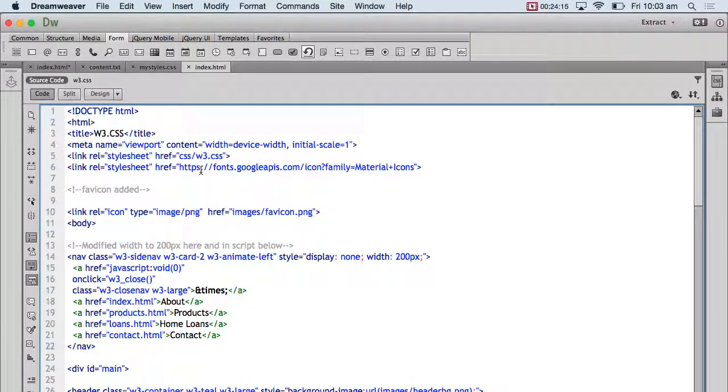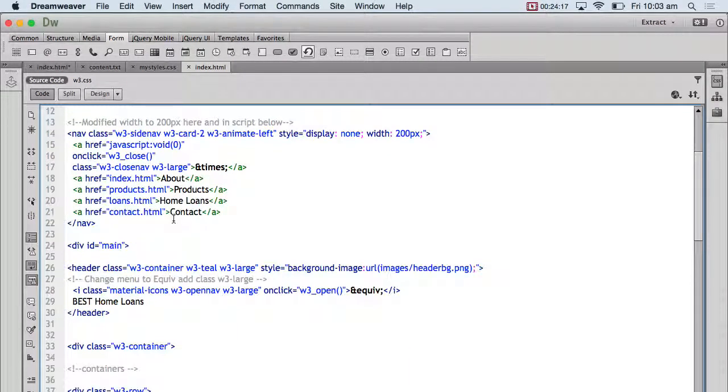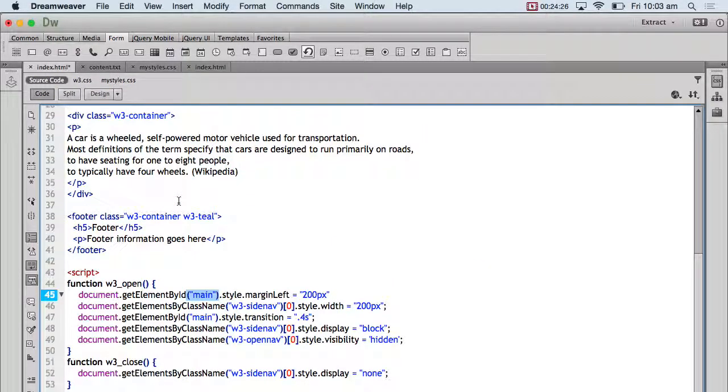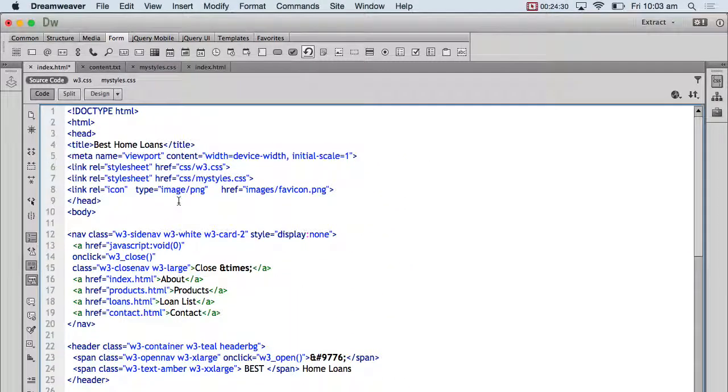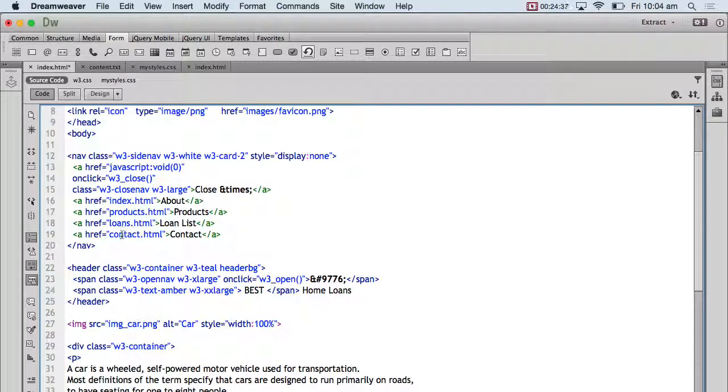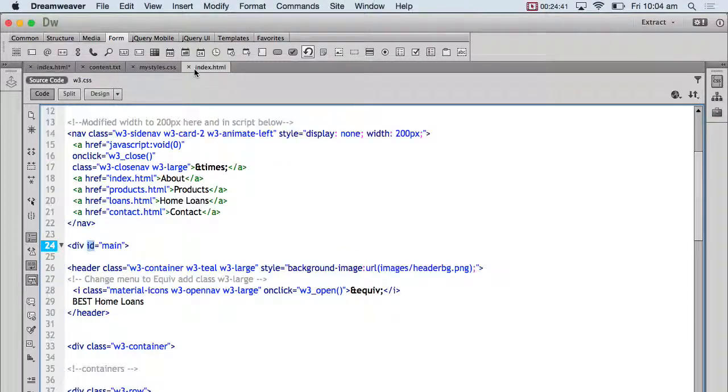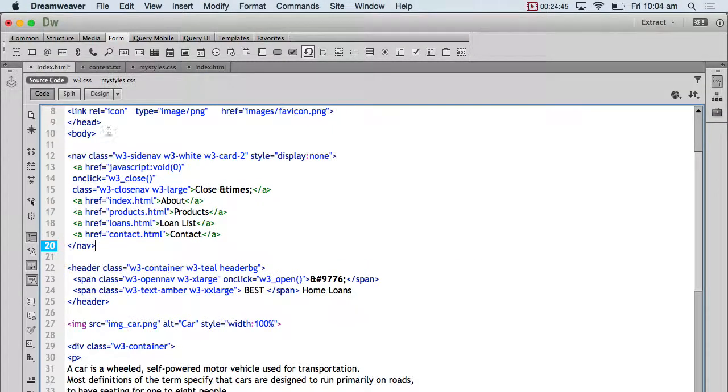I had called an ID here main. The main container, I called it main. And if I do that, then things will start working. So main starts after nav. After nav,